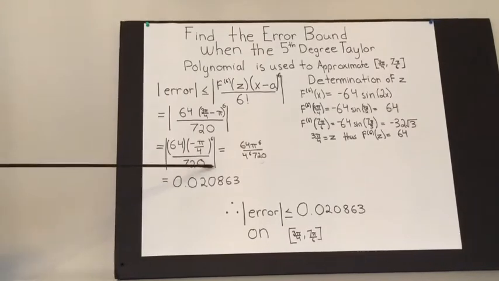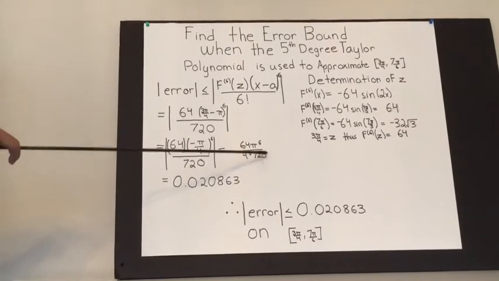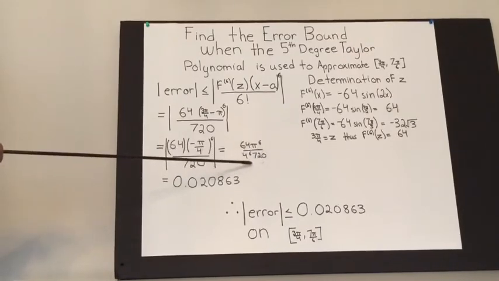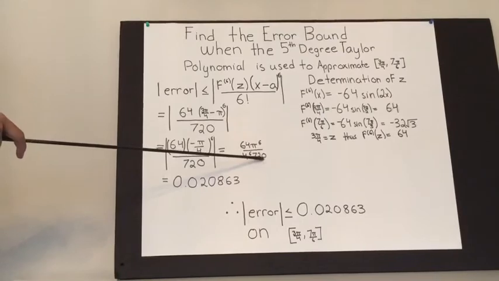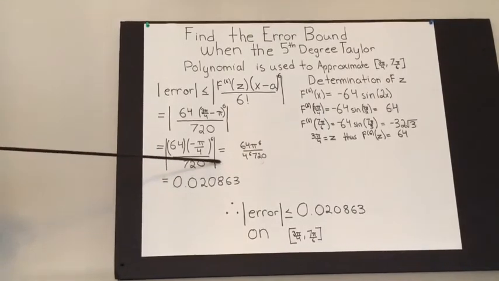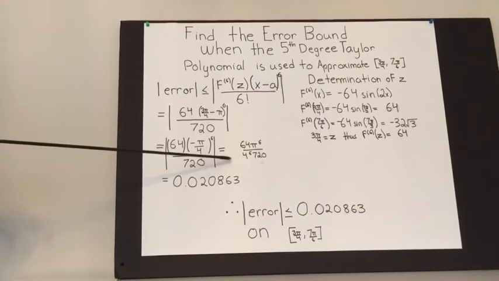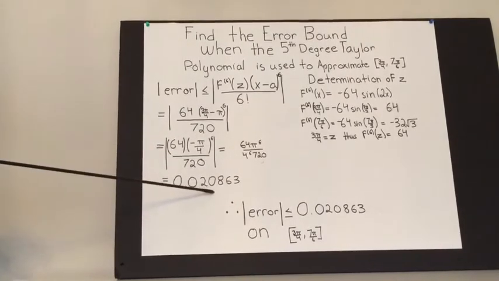Now, we simplify this such that it becomes 64 pi to the 6th power divided by 4 to the 6th power, and 720 on the bottom. Again, the absolute value here did not make a difference, but it's very important to remember that it's absolute value error. So when you punch that into a calculator, you get